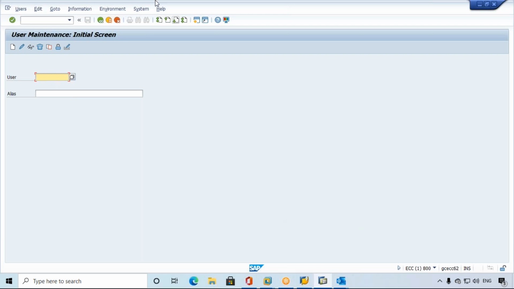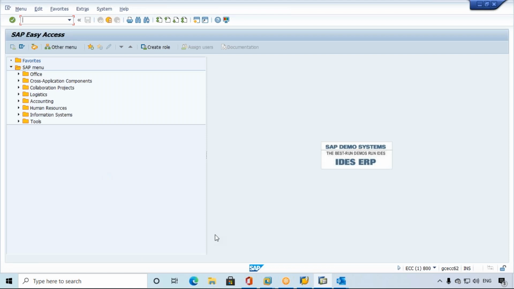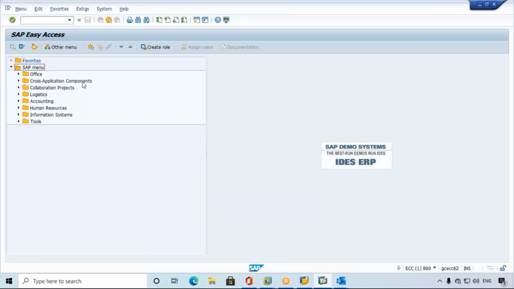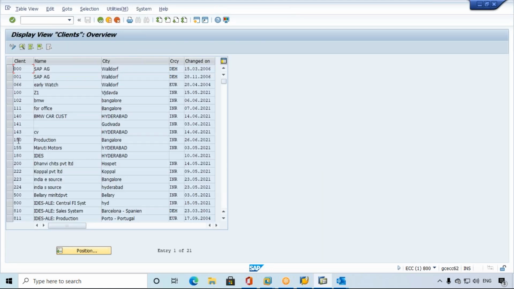Okay, so see here. We logged in because we got the approval from the manager and the user ID and password from the security team. Once logged in, go to SCC4. One of the clients is a production system, and some changes are required in the production system. So double click on